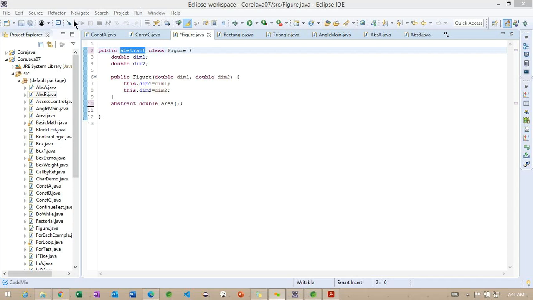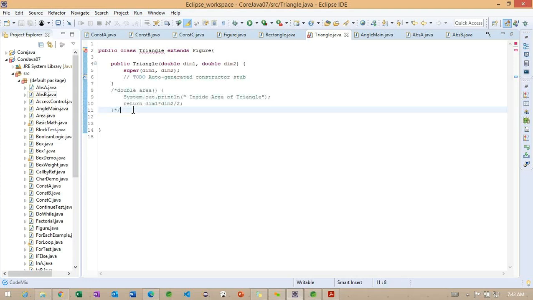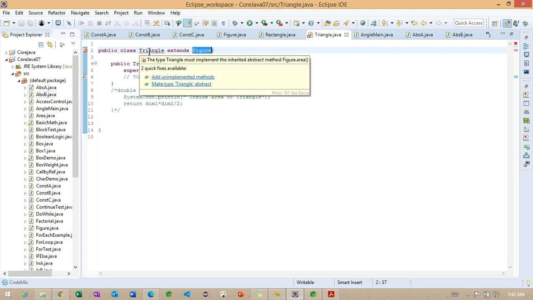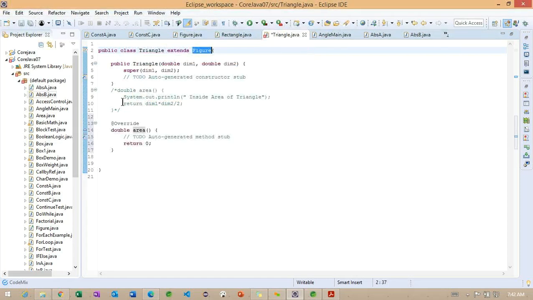Getting the point. So what exactly we can do? We are going to override in the two subclasses here. What are the two subclasses? One is the rectangle and one more is the triangle class. We are going to override this method. And even though, okay, so what is the error we are getting here? Whenever we are trying to extend from the particular abstract class, we have to override the particular abstract method here. Right. Let me override the particular method here.